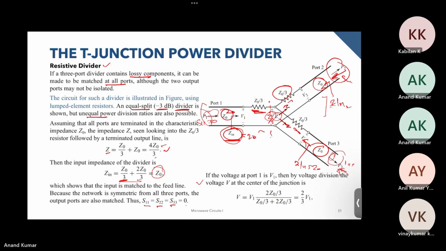Okay. So if you're calculating the voltage at port 1, V1, then by voltage division, we can calculate